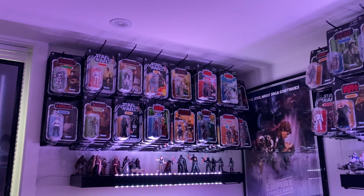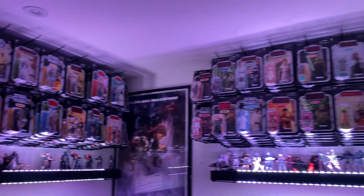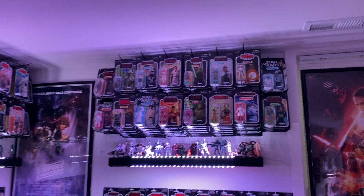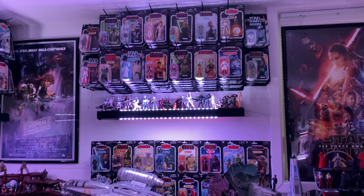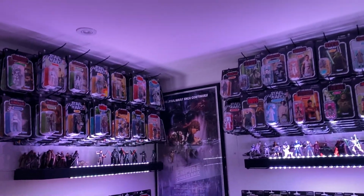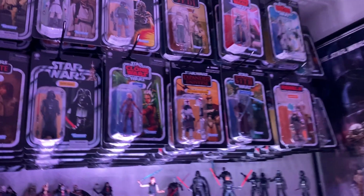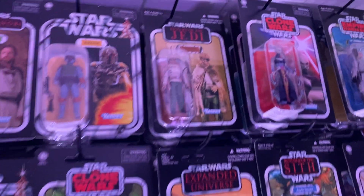I think everybody knows long-term collectors, space is always at a premium. And this allows us to maximize space doing this. I highly, highly recommend it. You can keep getting longer pegs to keep adding more. So that was something that I recently changed, but in showing some different TVC figures that I've recently gotten,